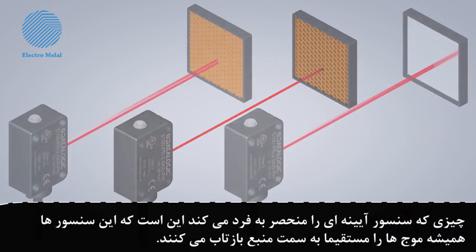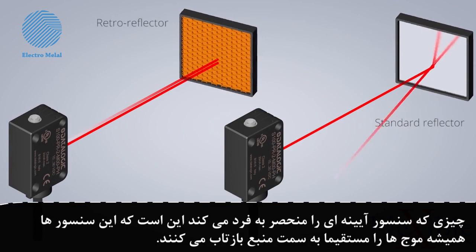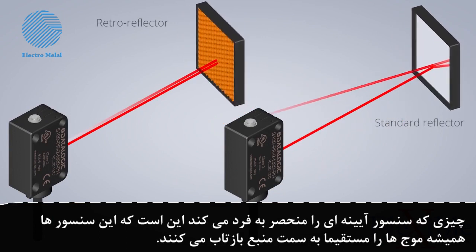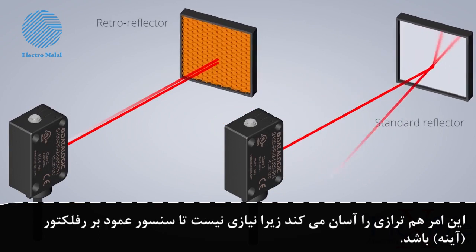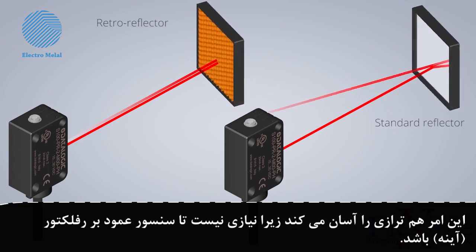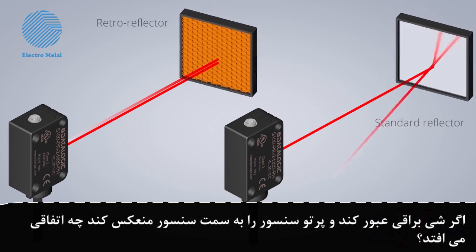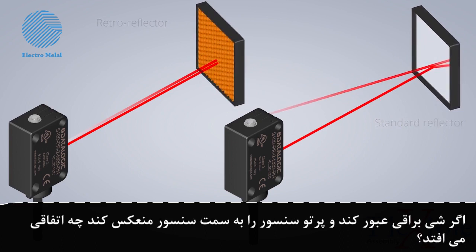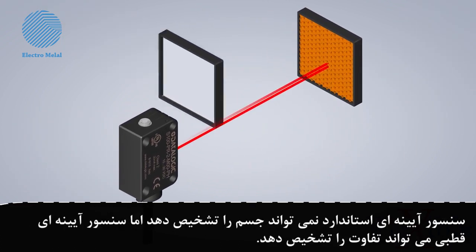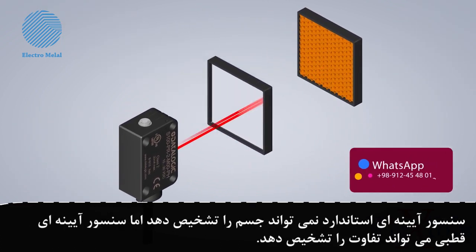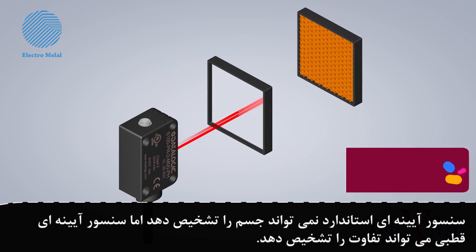What makes retroreflectors unique is that they will always reflect waves directly back towards the source. This makes alignment easier, as the sensor doesn't need to be perfectly perpendicular to the reflector. What if something shiny passed by and reflected the beam back to the sensor? A standard retroreflective sensor wouldn't be able to see or detect the object, but a polarized retroreflective sensor could tell